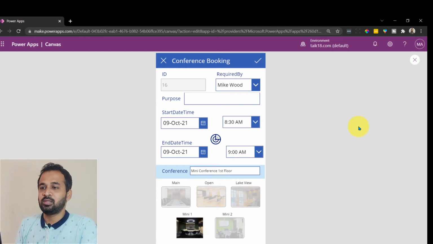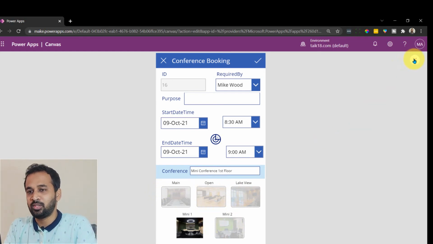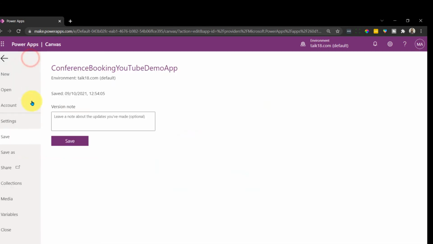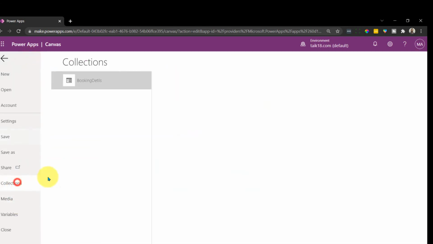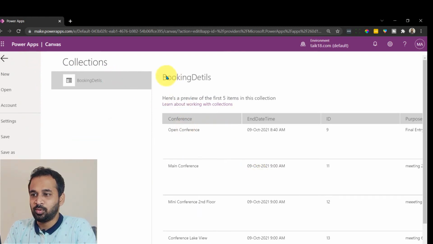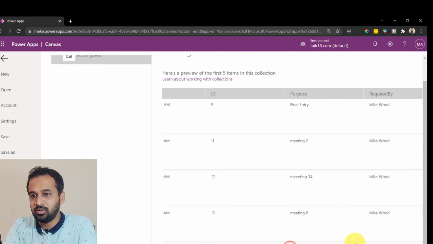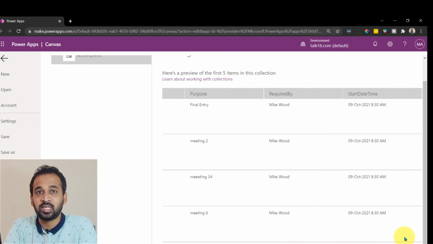How I did it is, basically, before going to that, I want to show you one thing. If I close this one and click on File and then click on Collections here, I can see this is the BookingDetails collection which we have created, and inside that I can see the conference, end time, ID and purpose, and also it should give me the other details like required by, purpose and start date time.